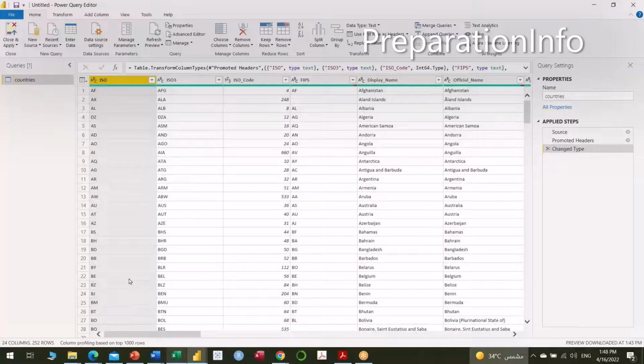Now, because this data is less than 1000 rows, here it is saying column profiling based on top 1000 rows. If your data has more than 1000 rows, then this will show you the profile based on 1000 rows only. Now what we mean by profile, on this data tab,